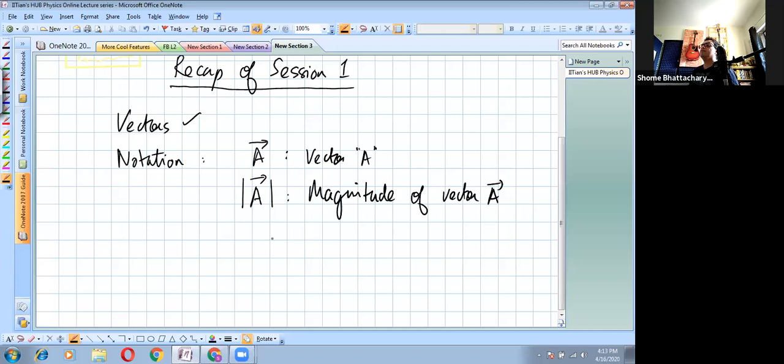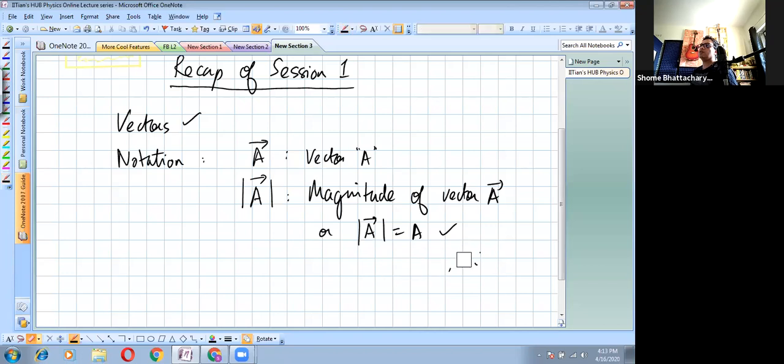And we saw that in short form, we can also write the magnitude of a vector as just the symbol itself. So, in everyday short form language, if I say quantity small a, it means the magnitude of acceleration. But if I say a with a vector sign, it means the vector of acceleration itself. So it should have both direction and magnitude. So something like that.